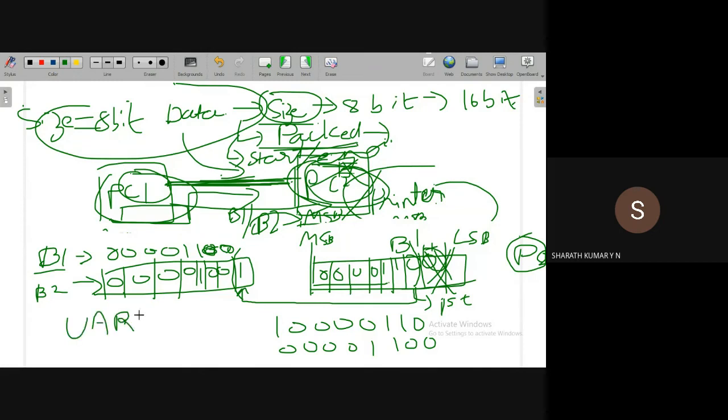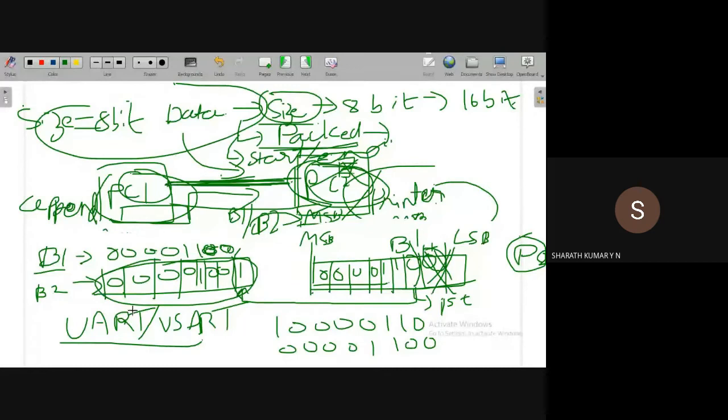So what the UART or USART device of a system does is, whenever it is given a byte of data to be transmitted, it will append, the word is append, guys, I think you know the meaning of append. It will add what is known as a start bit and an end bit to the given byte of data. Let us take the same example and understand with respect to it.